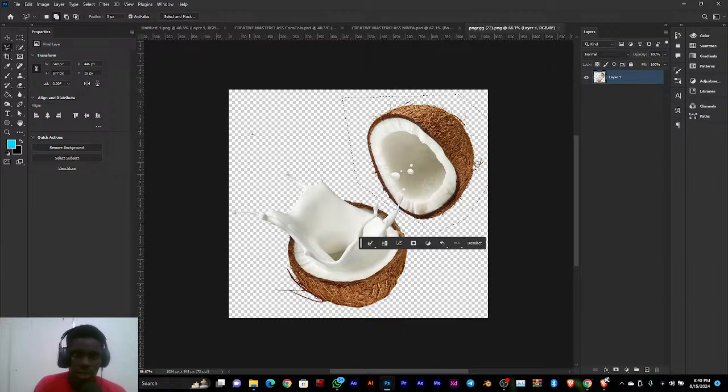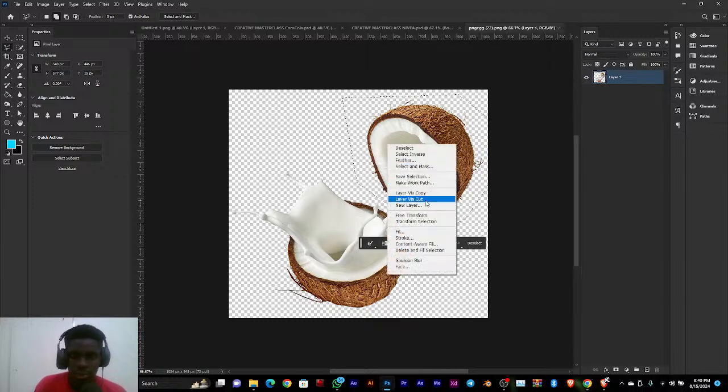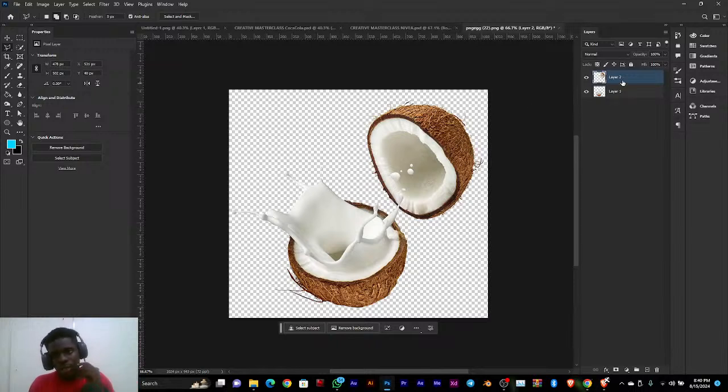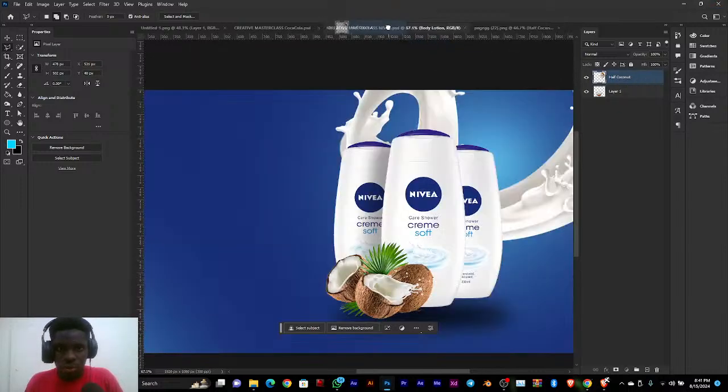So once you're done with that, you can right click and do layer via cut, so it's going to separate it from the other layer. So you can just import, let's rename this half coconut. So I'll drag this into the design